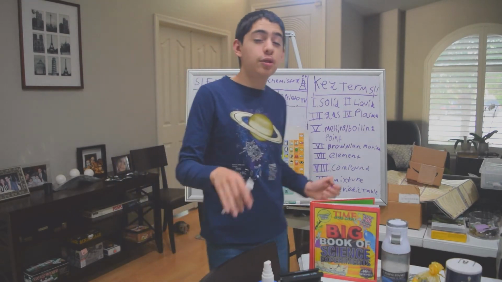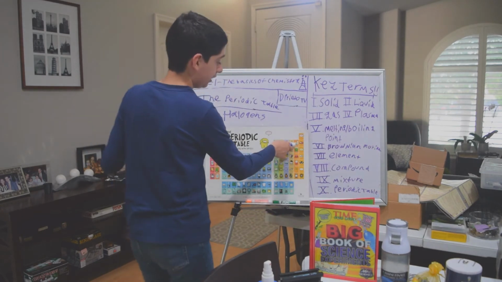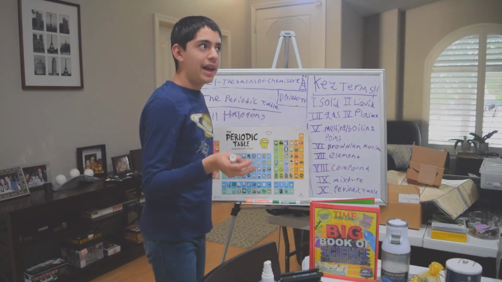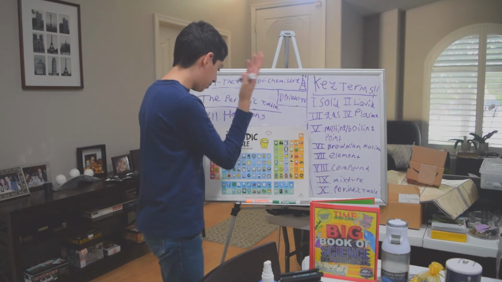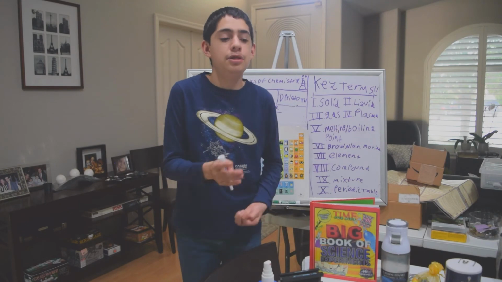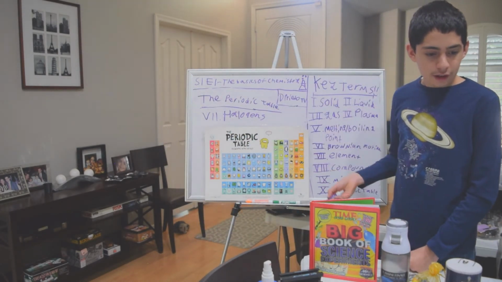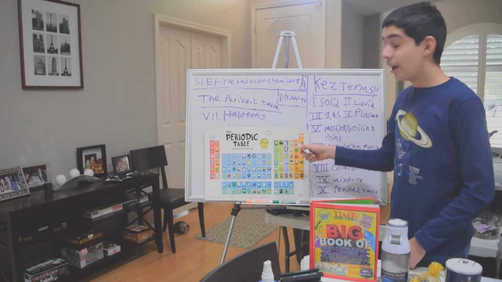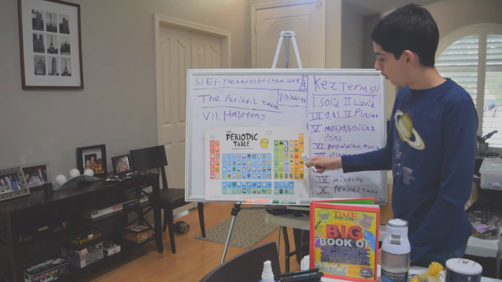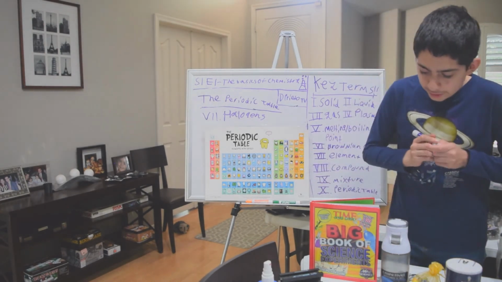These guys like to react with anything they can find. Anything. Fluorine is considered the most reactive element on the periodic table. It can react with plastic, and other elements. It can even react with glass, which is basically very dull. So basically, these guys are very reactive and sometimes very toxic and poisonous. Like this one, and this one. Well, basically, all of them are toxic and poisonous. So don't eat them. Okay.